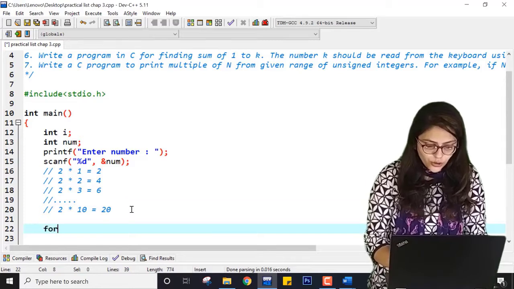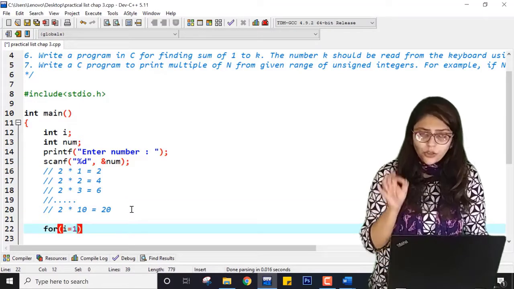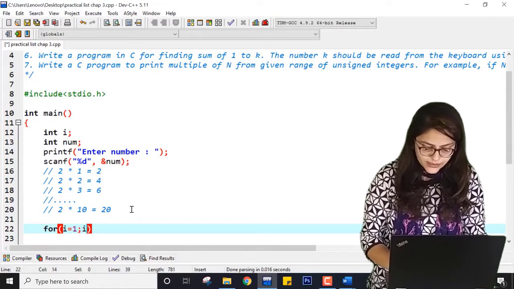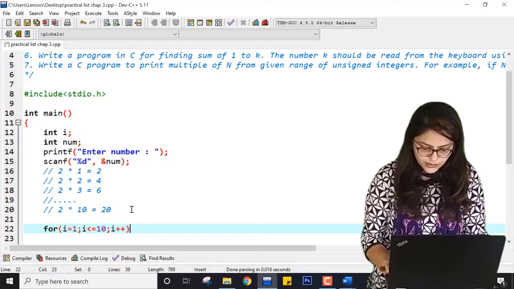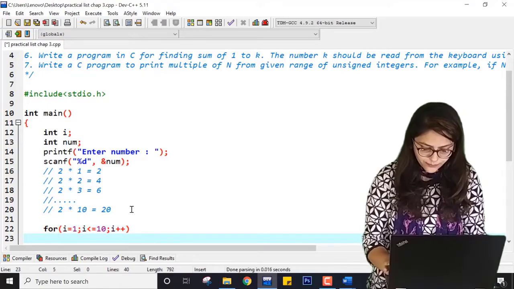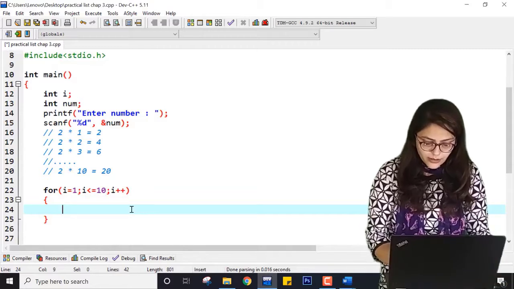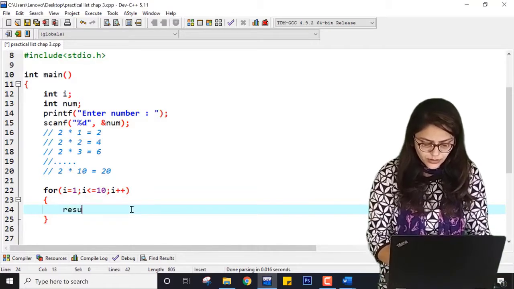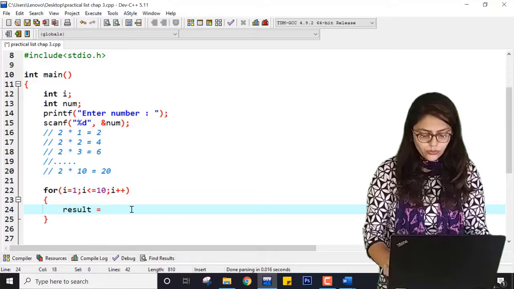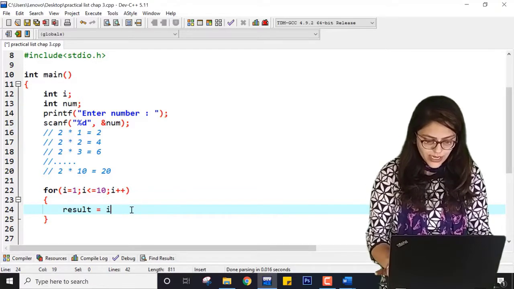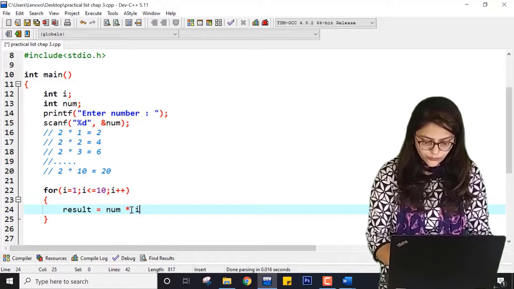I can write for I equal to 1, because the range starts from 1, then I less than or equal to 10, and I plus plus. Inside this, first I am writing result equal to I into num, or you can say num into I, both of them are similar.